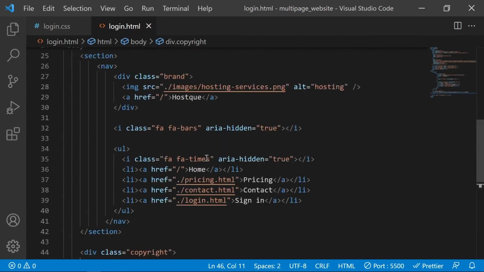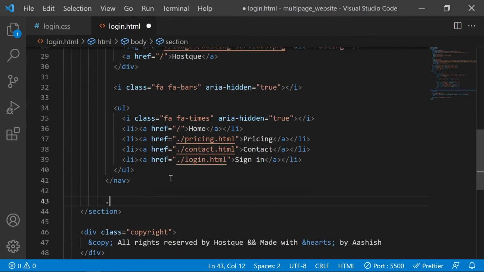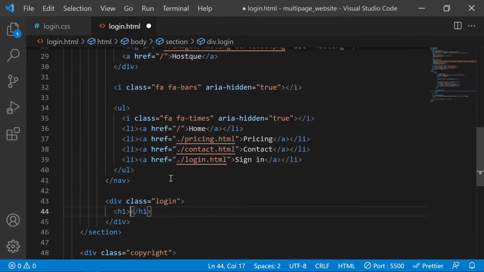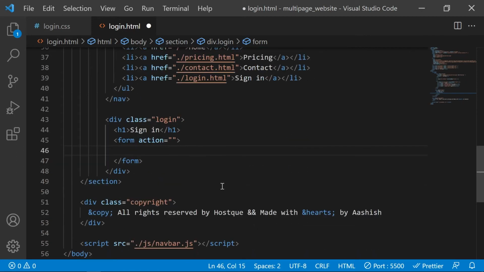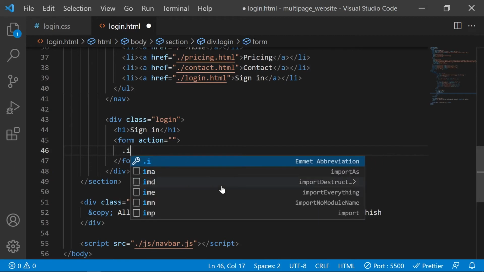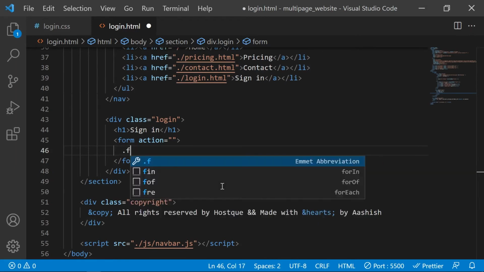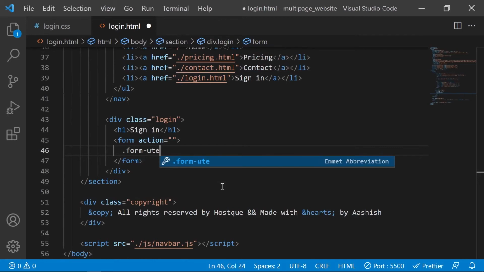So in here, after the navigation bar, I'm going to create a login, and inside of this I'm going to have an h1 tag that will say sign in, and after this we'll have another thing, a form, of course. How can we forget the form? And in the form we'll have a dot, like an input group, right? Form items, so it's an individual item